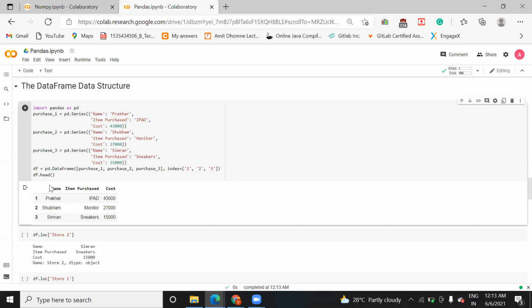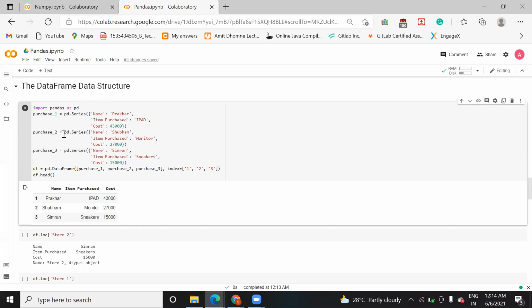So in this video, we have seen how you can create a data frame and save this data. It is very simple. You just need to create a variable and imagine how you want to save the data. This pd.Series function helps you save the series of data in the data frame. Here, this name, item, cost is your column name and these are the different values of that column. If you want to save it here, you just need to give the name here, Prakhar, iPad, and this is the name, and this is your column name. So here I have given it.